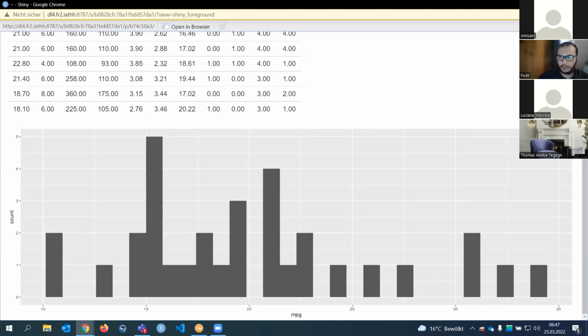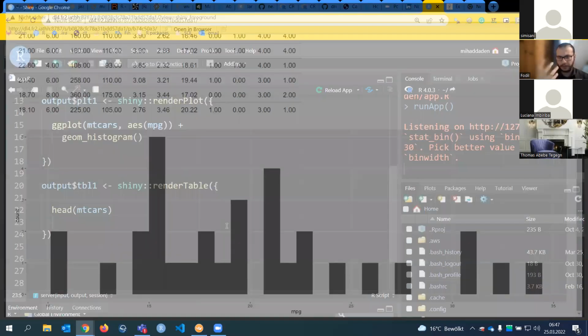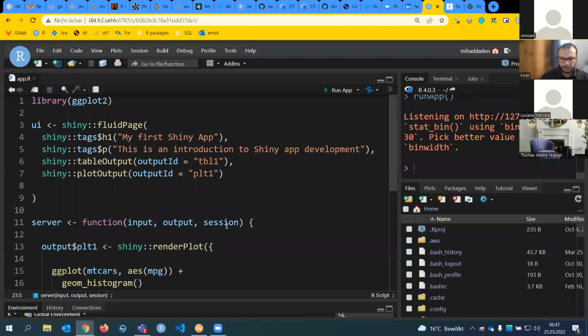So now we are going to talk about inputs in Shiny. We want to get something from the user, right? The color name, and then pipe it into the function. But we have to get it. So if we want to get something from the user, we need to use input functions.